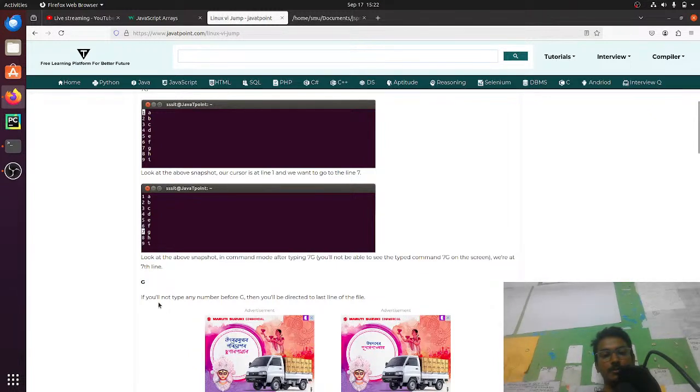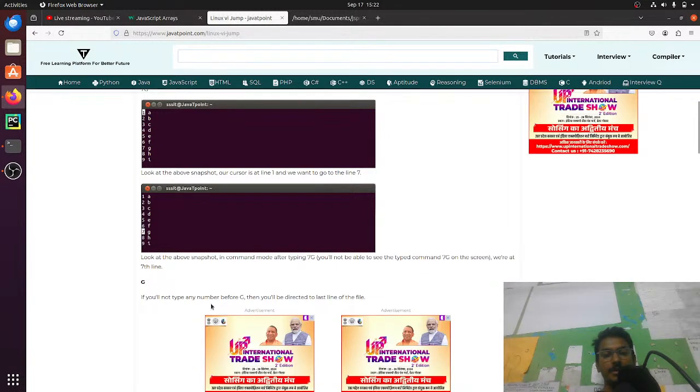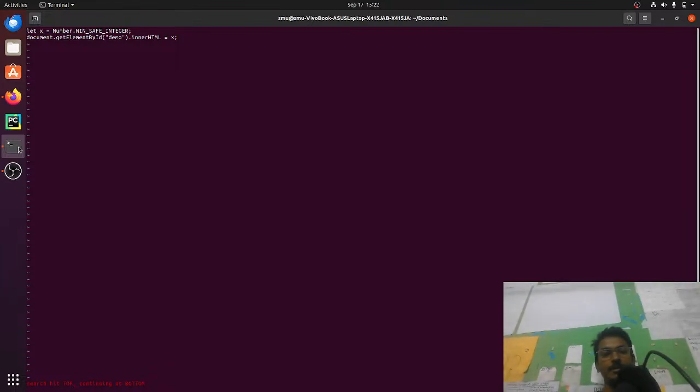So G, if you do not type any number before G, then you will be directed to the last line of the file. Let's see where I am getting the last line of the file. If I put insert, and then it will print the Z. So what I'll do,